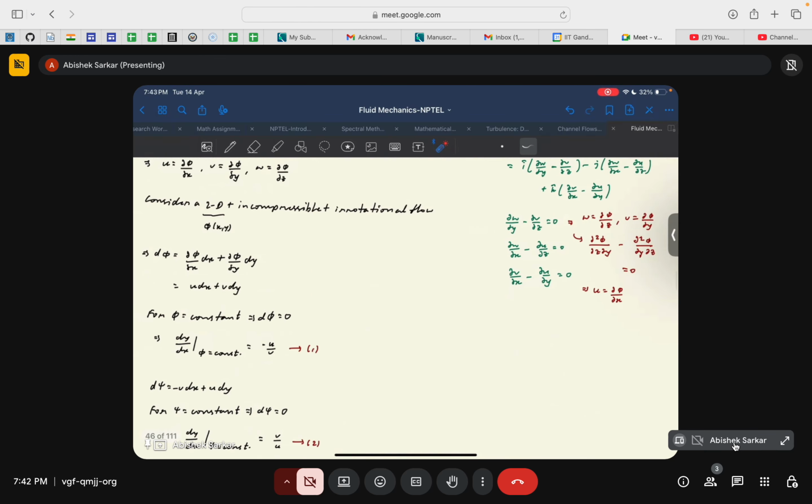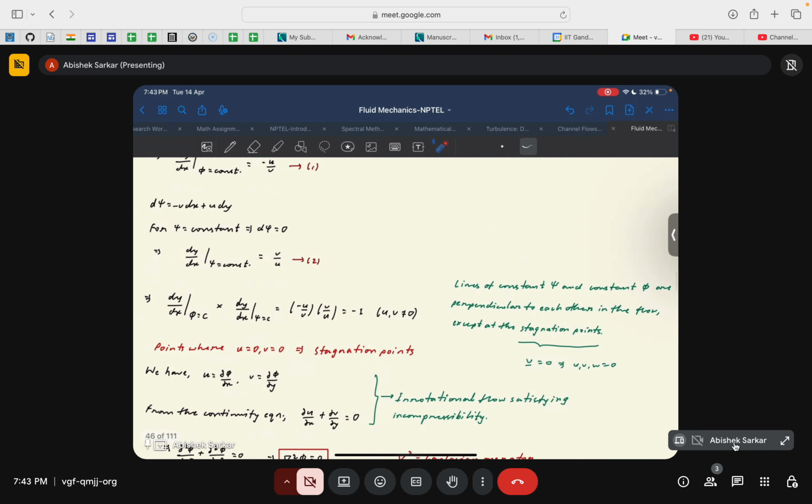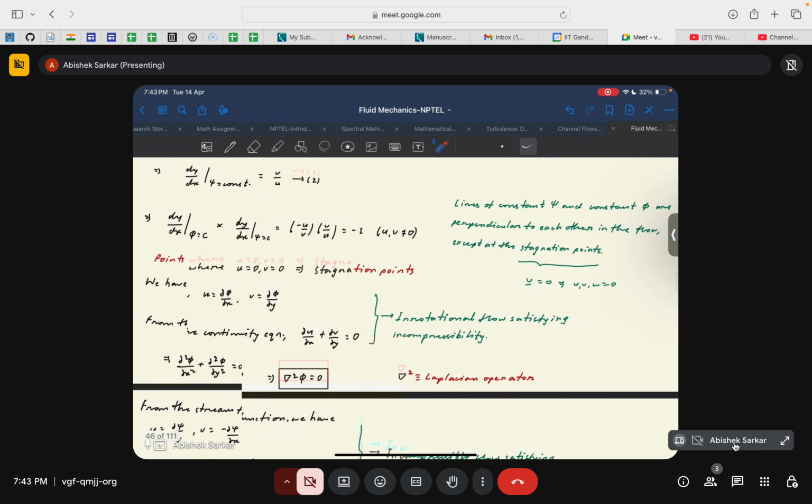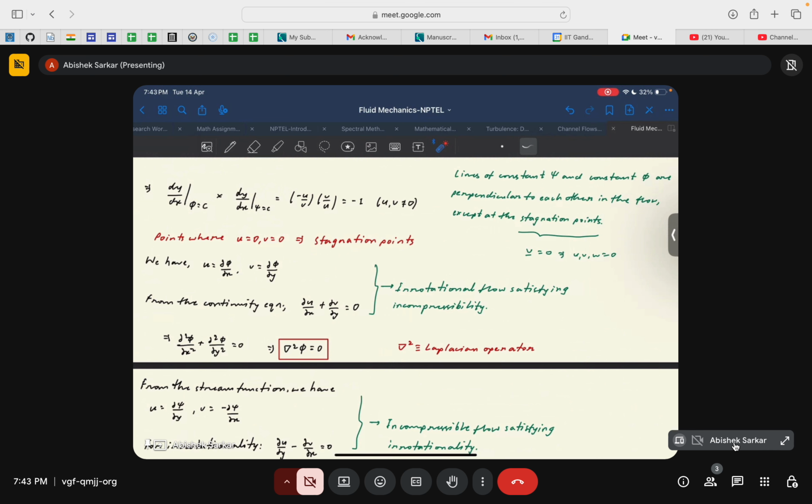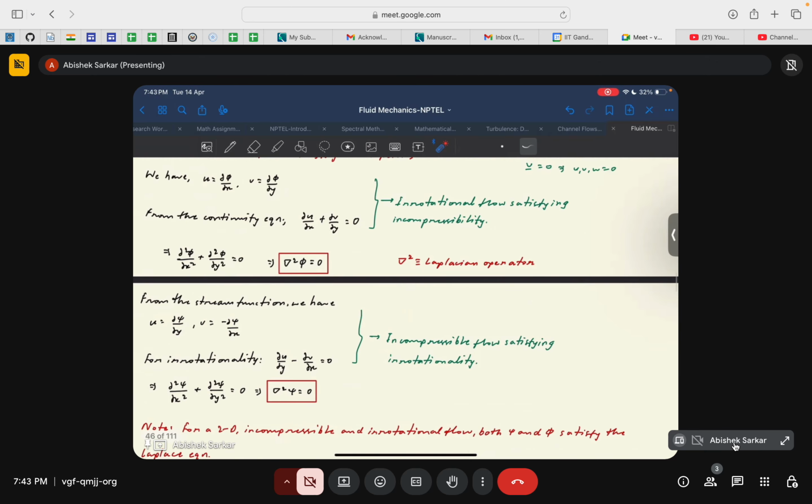Okay, and we found out that for a 2D incompressible irrotational flow, when all these three conditions are satisfied, the streamlines and the velocity potential lines are perpendicular to each other except at the stagnation points. Okay, so this was the conclusion. And for 2D irrotational and incompressible flow, both the stream function and the velocity potential satisfy the Laplace equation, that is del square phi equal to 0 and del square psi equal to 0. Okay,